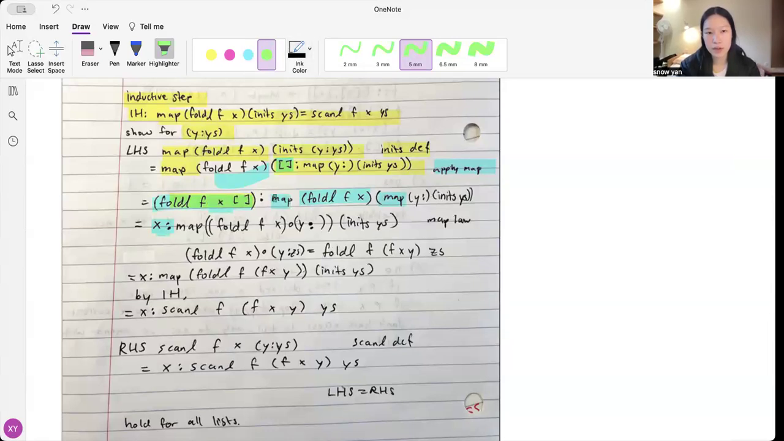Let's use a different color. Let's use green. Map and map. So basically we have the map law that we use here. And I should definitely prove that with induction. That was not done here, but essentially I do need to prove that by induction. And next what I do is